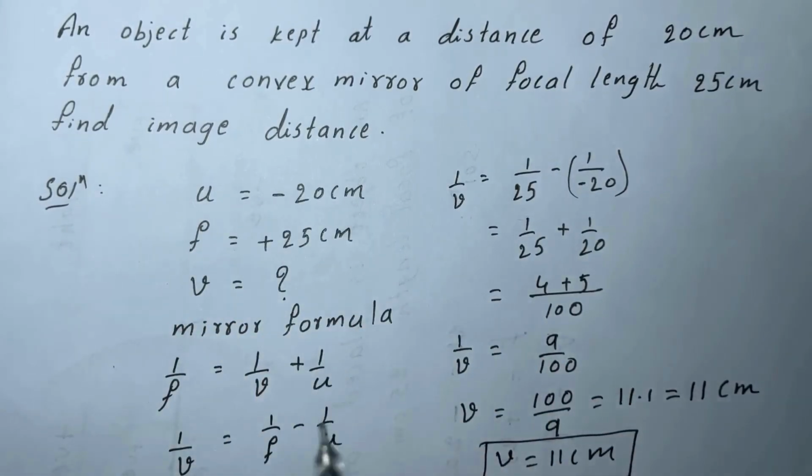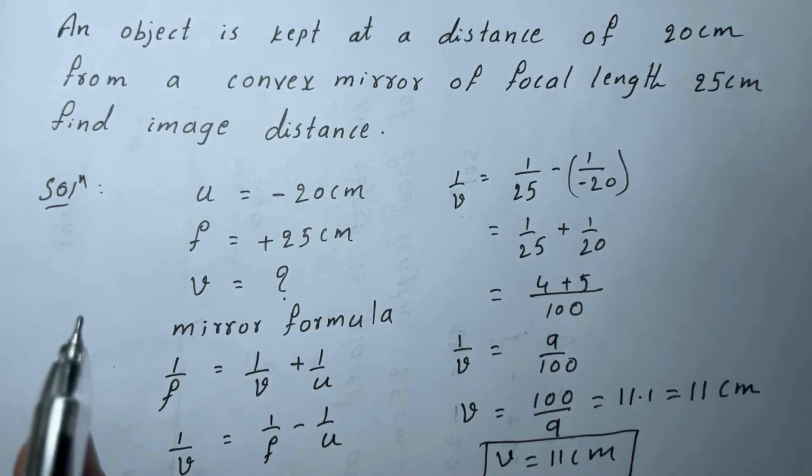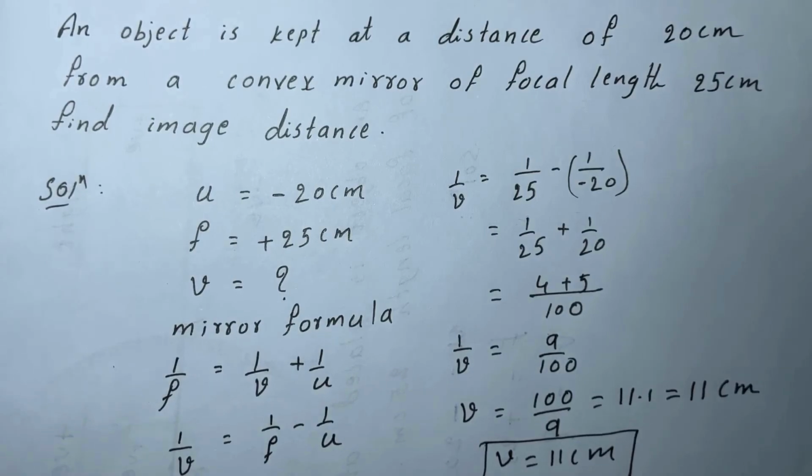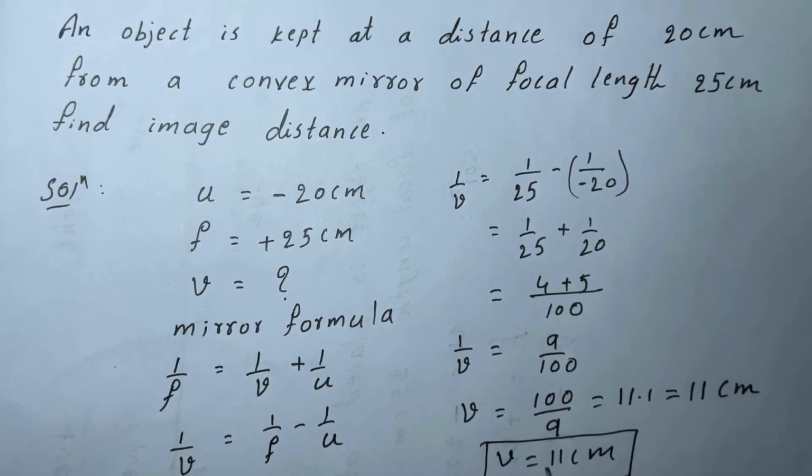And from this problem we can get one conclusion, that when object is in front of the convex mirror it forms one image which is right hand side of the pole, that is inside the mirror, which is virtual. So, that we got here